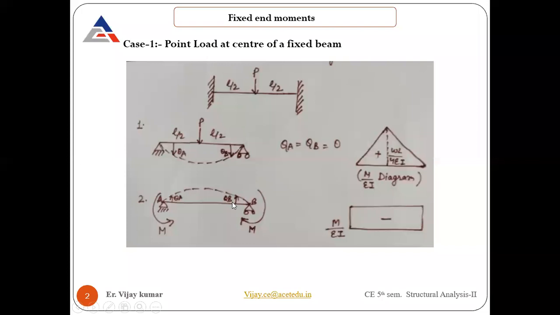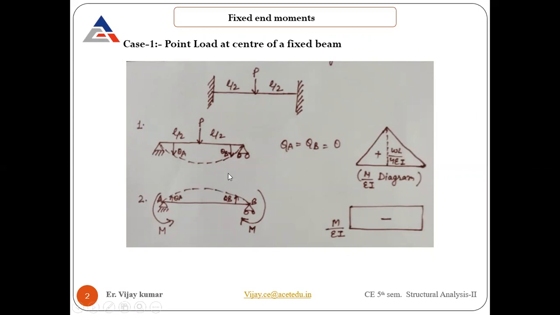What I am going to use here, as you may remember, is the moment area theorem or moment area method that we studied to find the slope and deflection for a simply supported beam, or basically for determinate beams. Initially it was an indeterminate beam, and these are two determinate beams, but if we superimpose both, we will find this beam is the same, because vertical reactions are provided and rotation is also provided. So this is the fundamental.